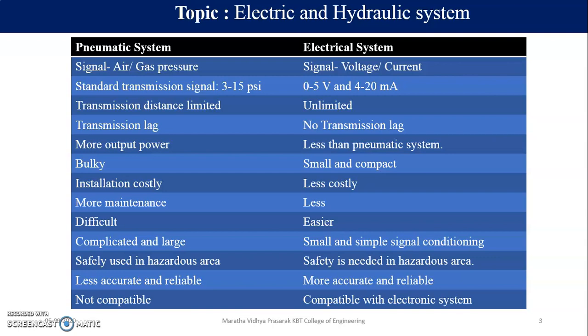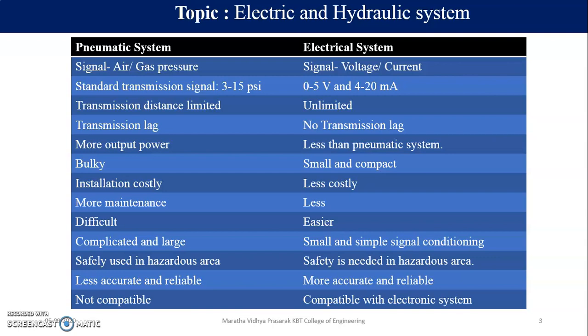Whenever I want to connect one device to the other, I should know what is the range of that device. For example, if the output of my device is 5 volts and the instrument which I am going to communicate with is only 3 volts, then how is it possible for me to communicate with it? So I should know what the standard signal is. Now this was related to equipment compatibility.